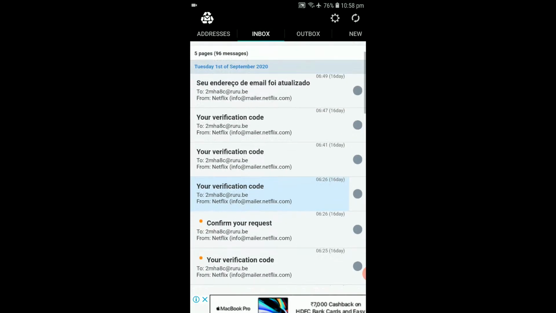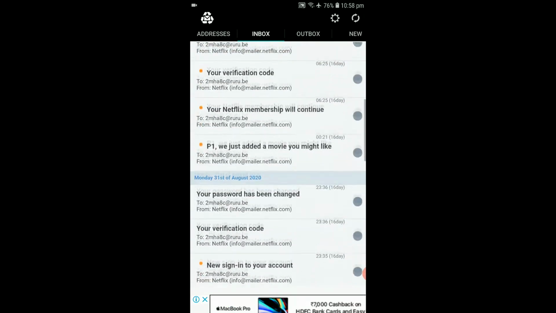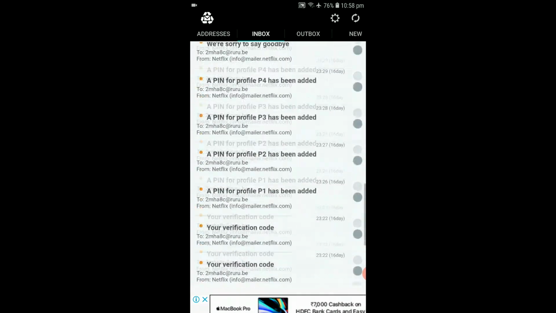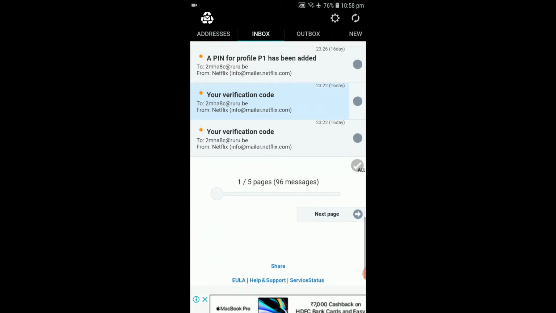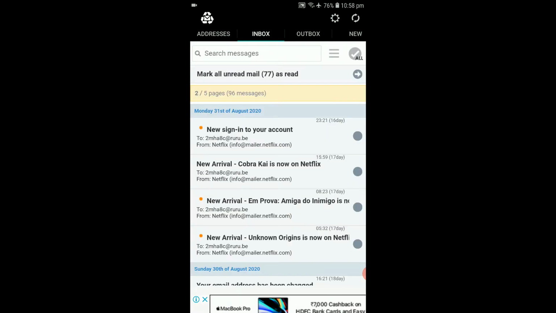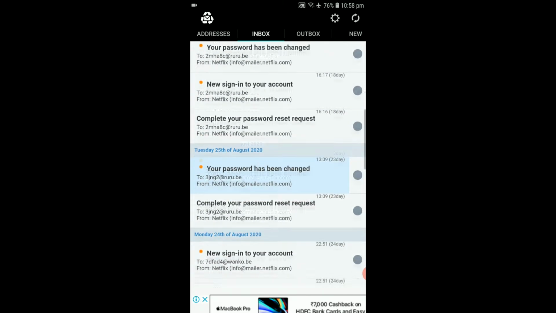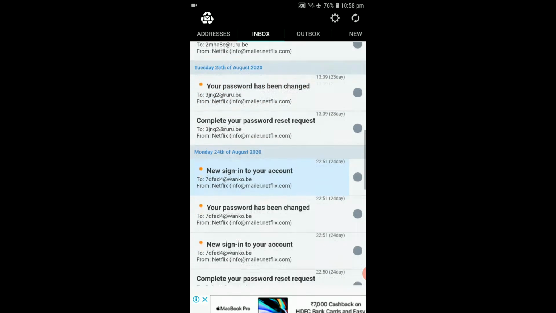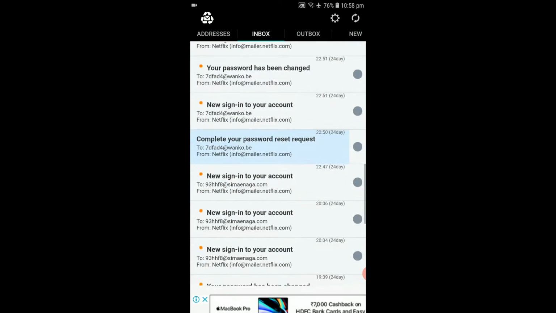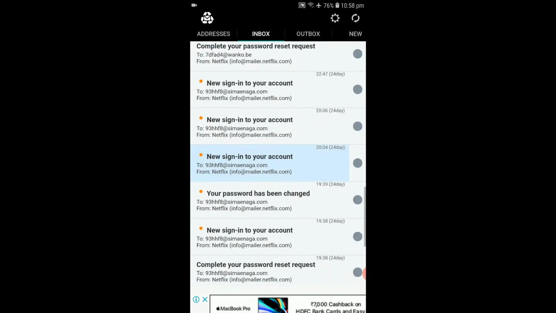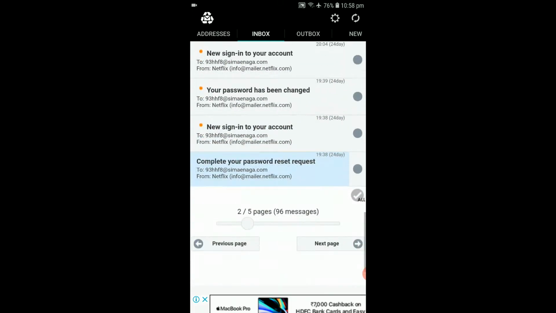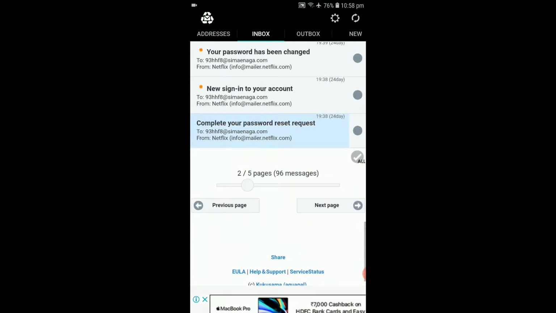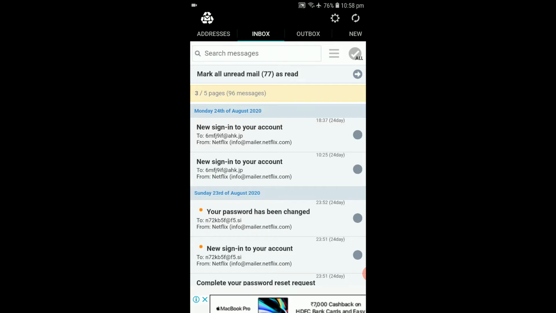Now let us check the inbox of the mails. Guys, all mails will be redirected to the inbox only and you will be notified every time you receive a mail. And you can also see the mail address from which the mail is received. And you can identify who is the sender and which one of your email addresses has received the mail, and there is no confusion in it. And you can receive many mails at a time and there is no limit for it also.